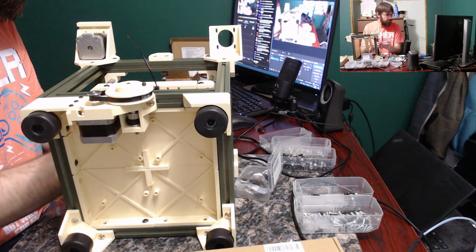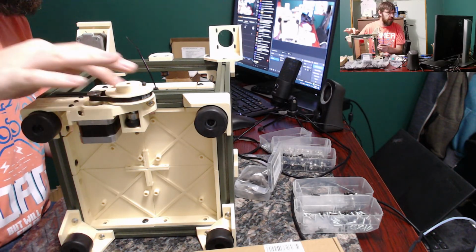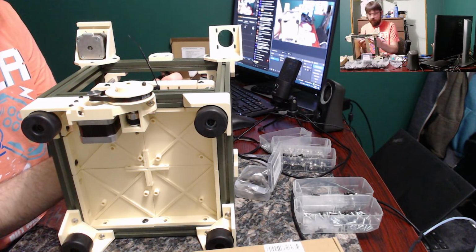Hey, Sad, welcome. Oh yeah, the pulley itself is fine, but the model I have, you had to glue the outside part on, and it's just not true and stuff, of course. So again, it'll be fine, but